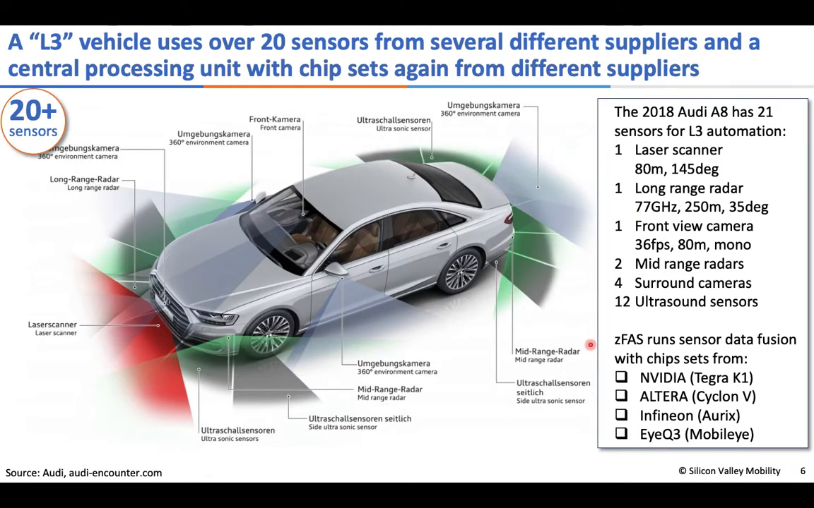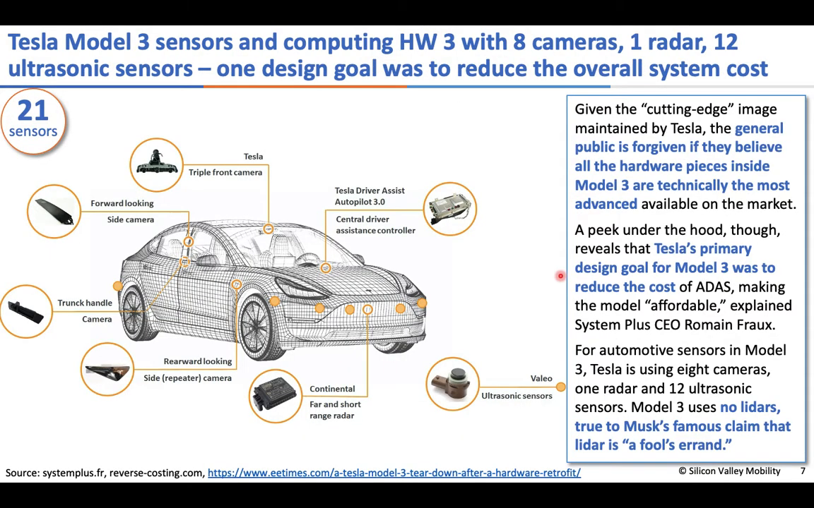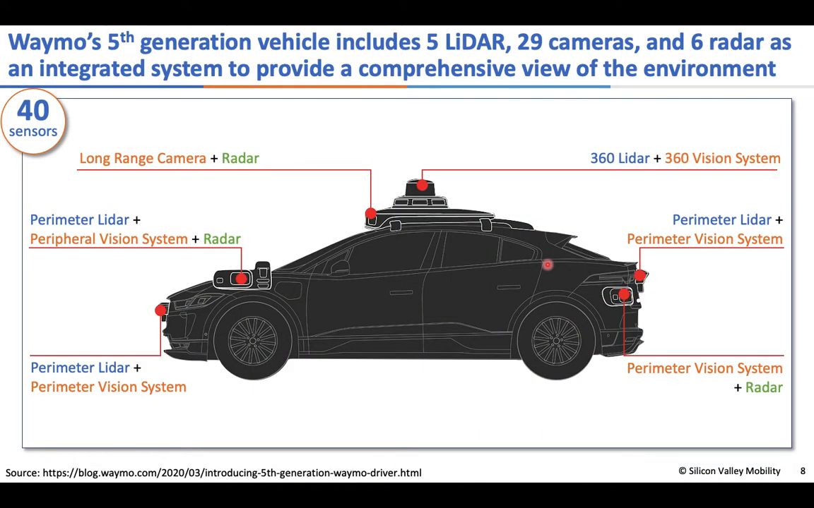And just for context here, a modern high-end vehicle has about 20 plus sensors. You see here on the side, laser scanners are making inroads, a lot of radar and camera technology, 20 plus in total. Similar for the Tesla Model 3, Model S, X and Y, they have about 21 sensors. Also, you see cameras, radar, and we'll talk about LiDAR in a minute if that's needed or not. Waymo's